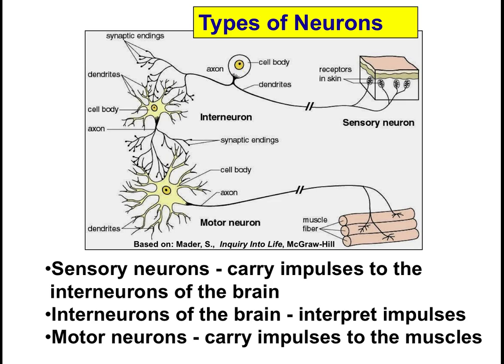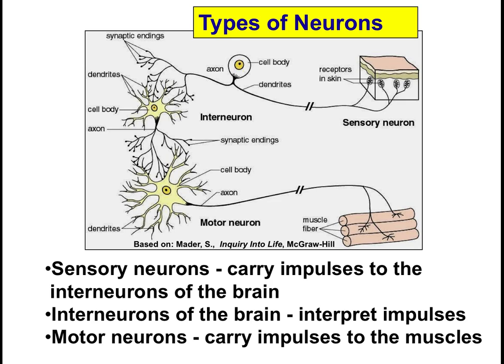We have three types of nerve cells that are described or named for their descriptions. The first would be the sensory neurons, and just as you might think, these sensory neurons are specialized neurons that react to various senses, the ones that we're most familiar with, of course, being things like sight, hearing, smell, taste, and touch. Specialized nerve cells will respond to those different aspects of that sensory input and carry that information along the network of neurons toward the brain.